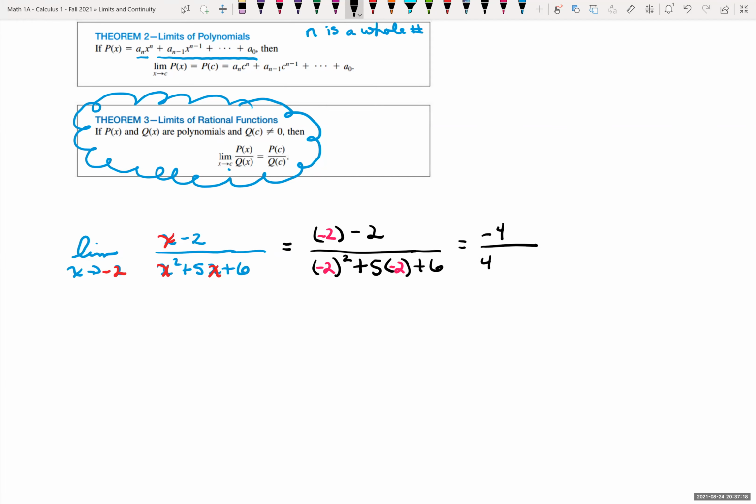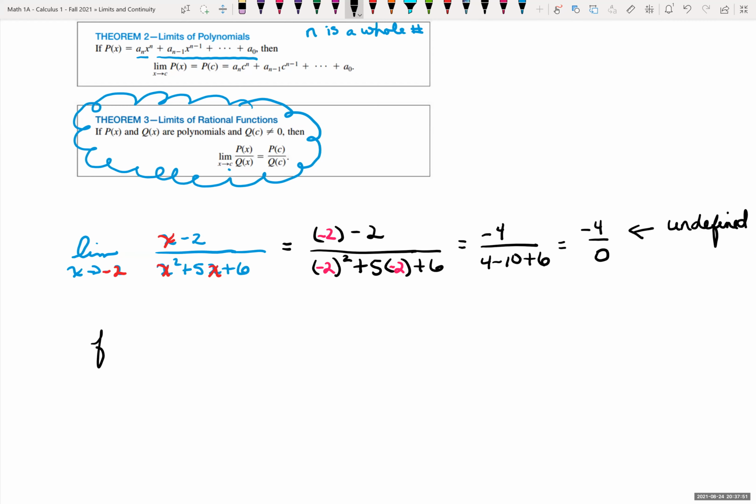5 times -2, that's -10, plus 6. So notice I get -4 over 0. So we have a problem here because this right here is undefined. Can't divide by 0. If we looked at our function, so kind of thinking back to college algebra,